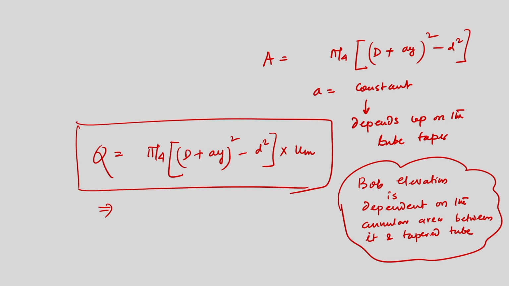Now, two important points that I would like to mention over here. The flow rate which we have obtained is very important, because the entire calculation is based on the drag. Now, we know the drag is dependent upon the Reynolds number, and that also will depend upon the fluid viscosity. So, when we are designing the rotameter, when we are using this rotameter, the fluid viscosity plays an important role to calculate this drag.